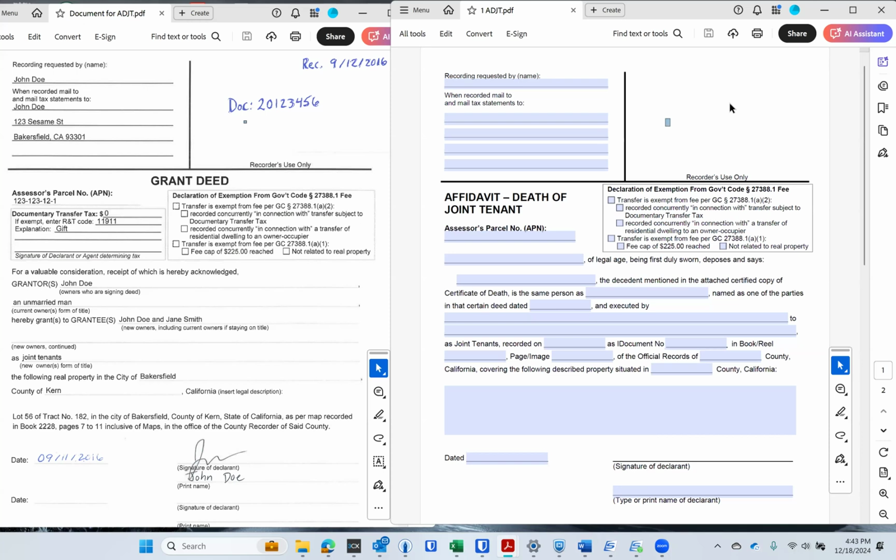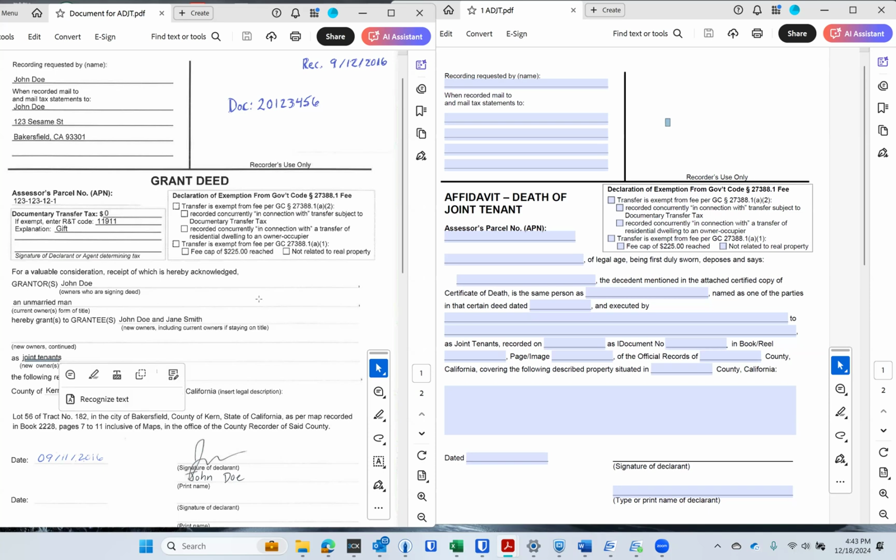So the first thing you're going to need to do is get a copy of the deed. If you have the deed, fine, then you want to look at the deed. And I have a sample pretend deed here on the left. In order to prepare this affidavit, there needs to be the magic words joint tenants on your grant deed. So if it just says John Doe and Jane Smith and doesn't say anything about joint tenancy, joint tenants, then you cannot use the affidavit, and you will have to do at least a summary probate procedure for